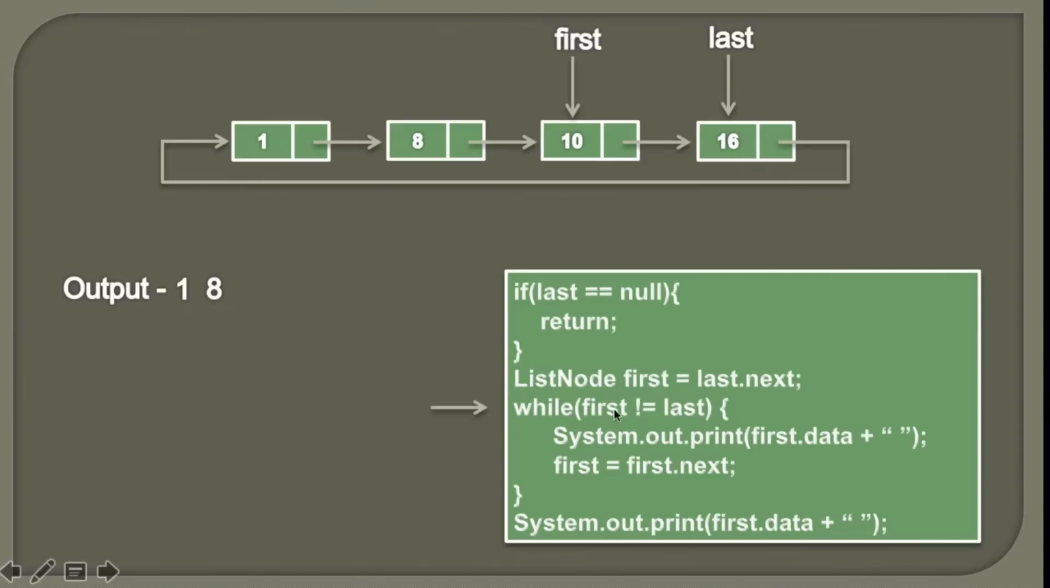now again, first is not equal to last. Therefore, the condition in the while loop comes out to be true. So in the first step, we'll simply print the data associated with this third node. And in the second step, we'll simply move first to its next by assigning the first.next value to first. So it would look something like this. Moving ahead,